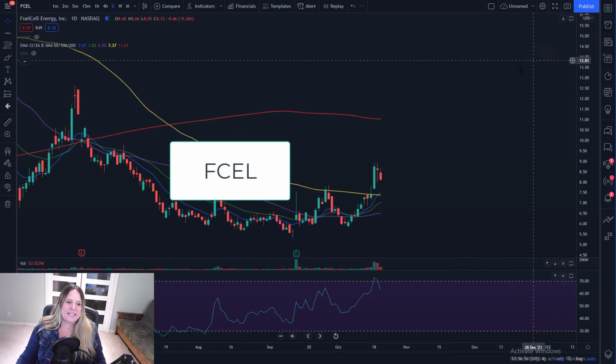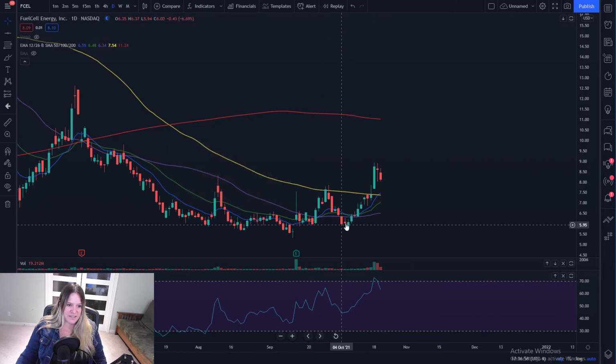Okay, so let's look at FCEL. FCEL had a major move, but it had been beaten down pretty hard. So I've been in and out of this ticker from this point up to there, and then from here up to here, and it's been great. We can see that we are retracing here, but